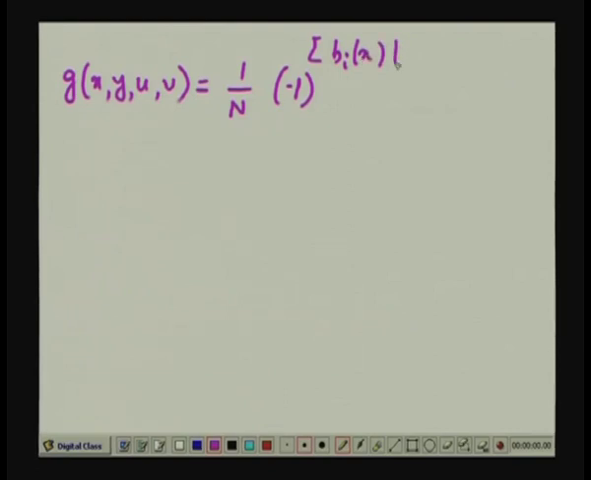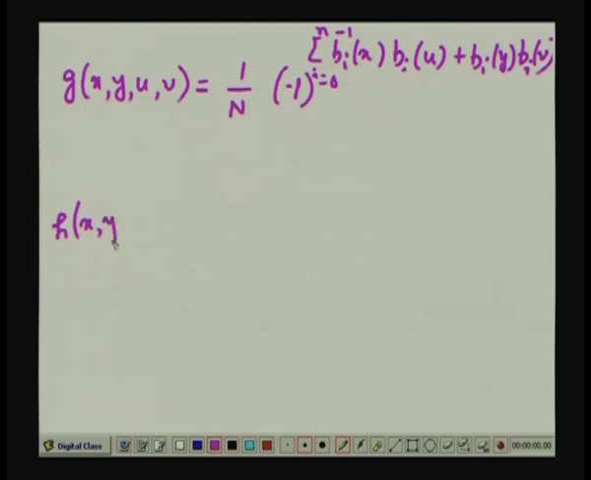Obviously, this can easily be extended into 2 dimension as in the other cases, where the 2-dimensional forward transformation will be given by g x y u v is equal to 1 upon capital N into minus 1 to the power summation b I x into b I u plus b I y into b I v, where this summation is taken over I equal to 0 to lowercase n minus 1. And similarly, the inverse transformation kernel is also given